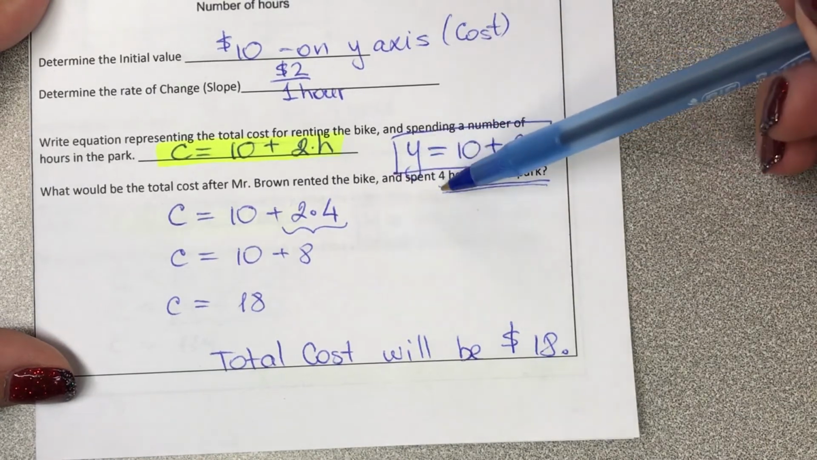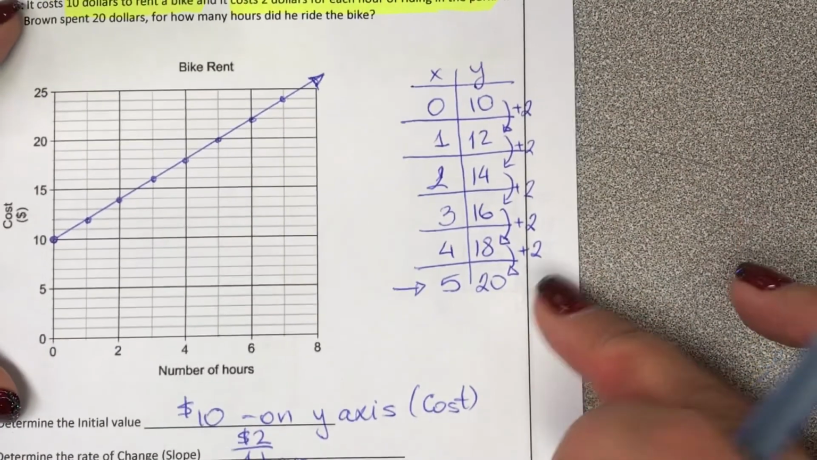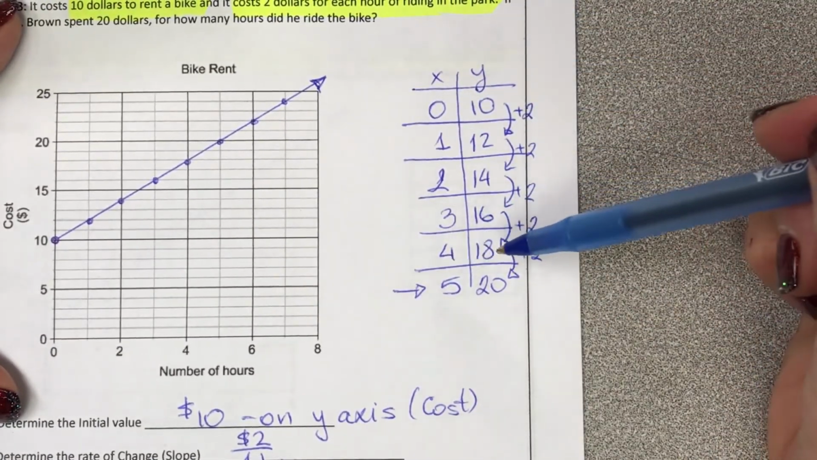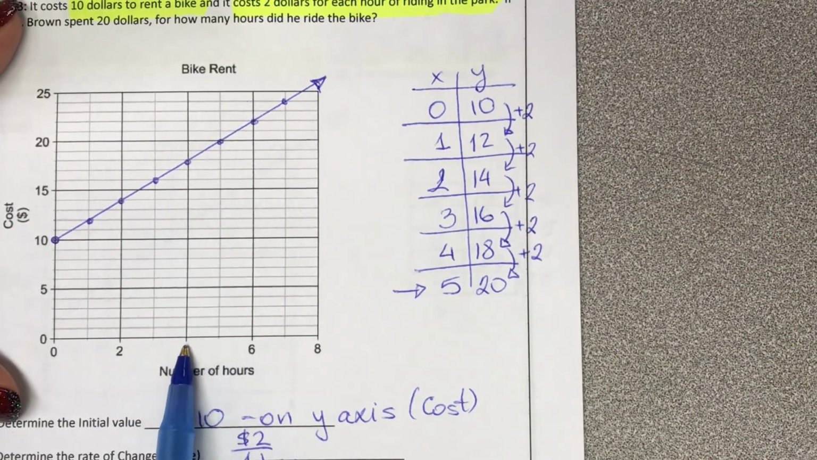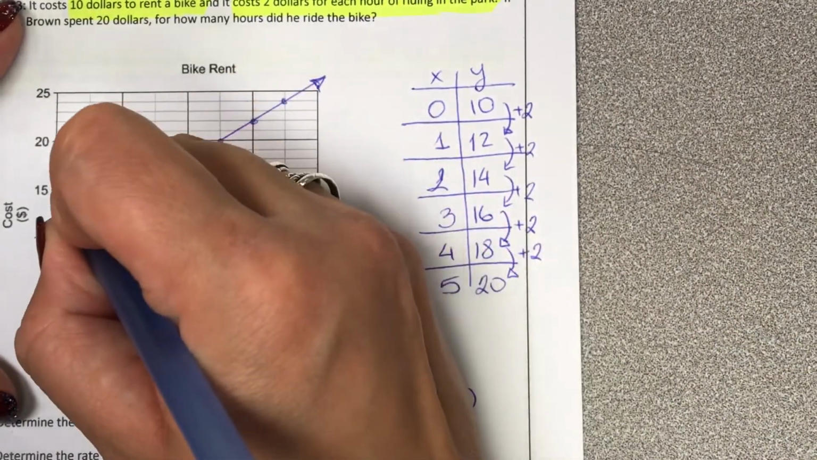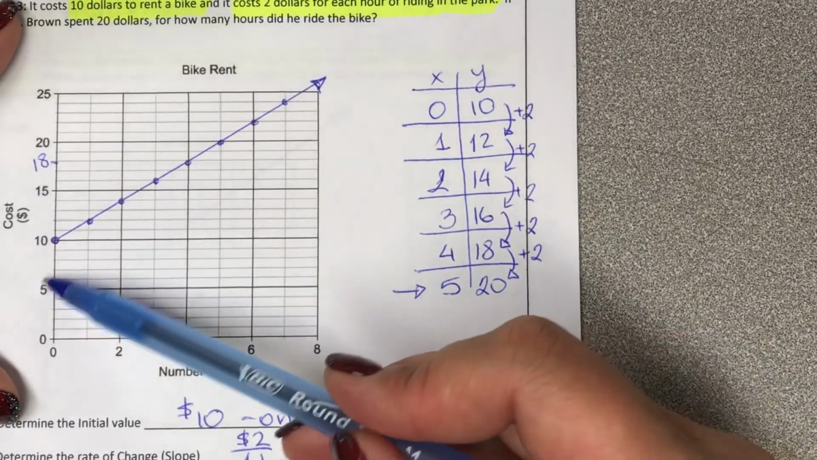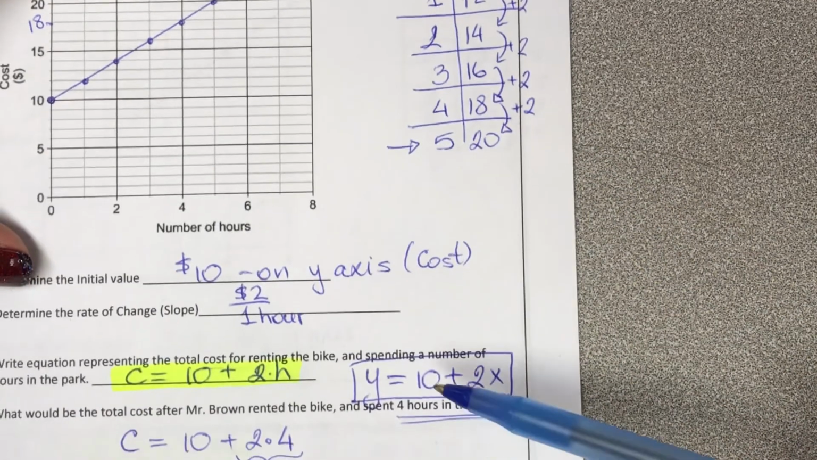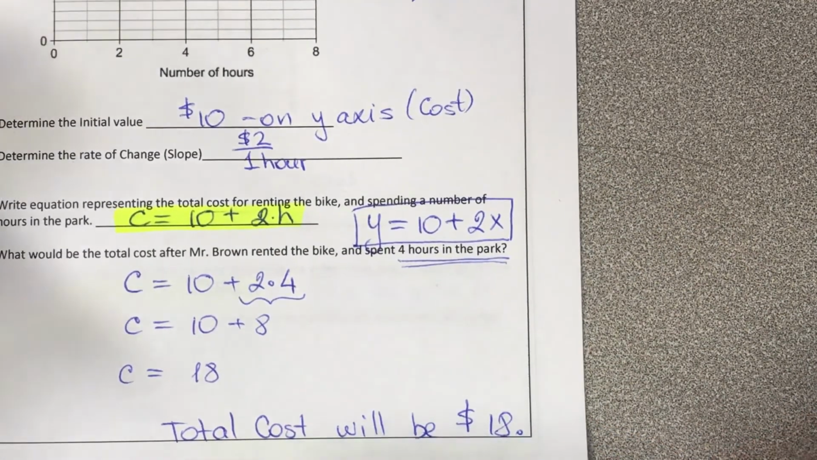At the same time, this answer can actually be read in the chart or in our graph because we had a small number. So if I go back and look at my chart, after 4 hours, the cost is 18. And right here, at number of hours 4, I can read off the graph, the cost is 18. So we have the graph, the slope intercept form of the equation, and using the equation to calculate the